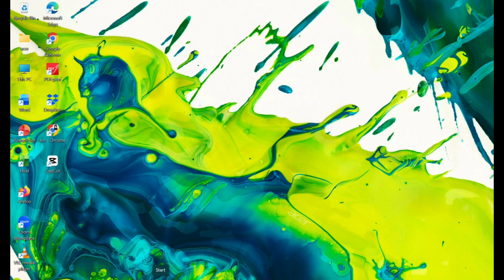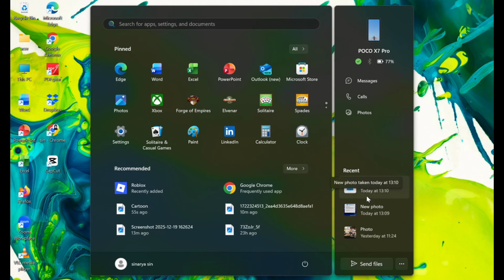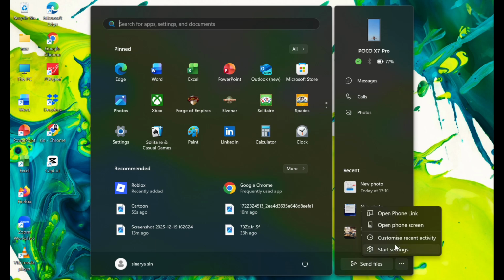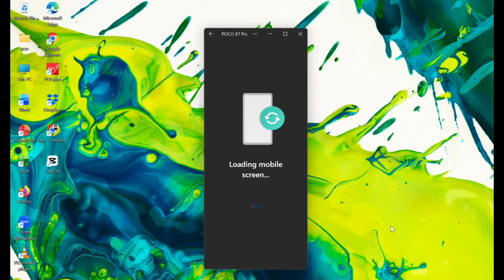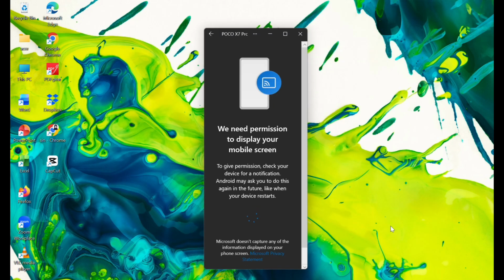And then next to send files from your phone to your laptop, I will just go to Start again, and then first I will just open the phone screen feature. Just click on the three dots icon and then just click on open phone screen and then confirm it on your phone